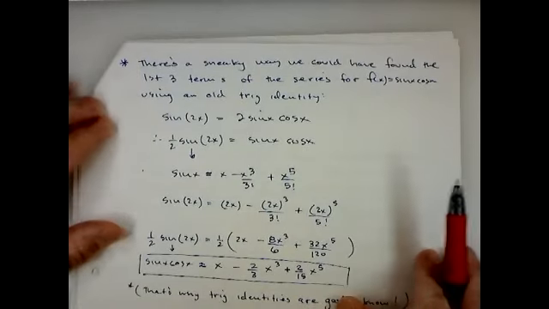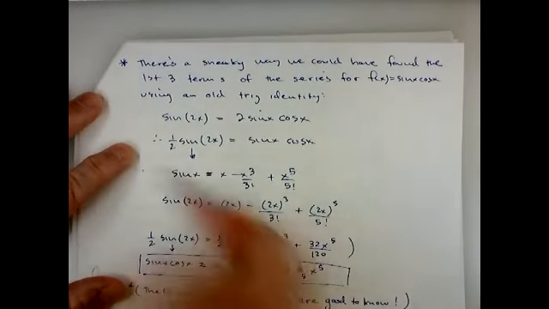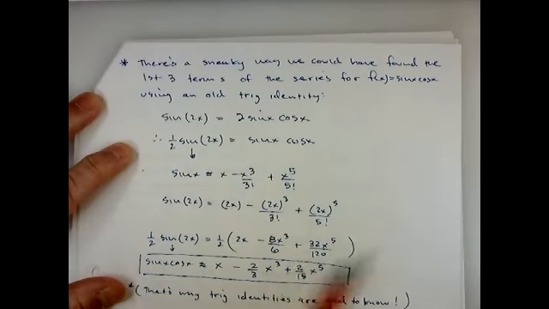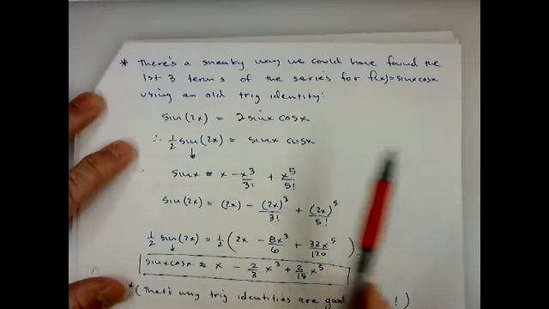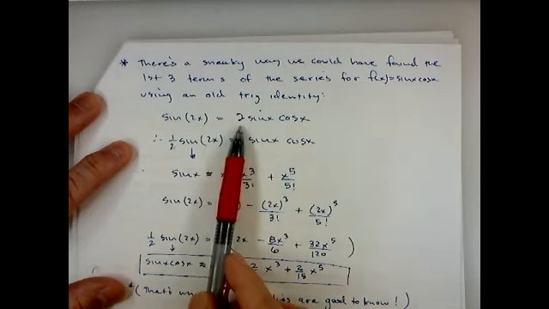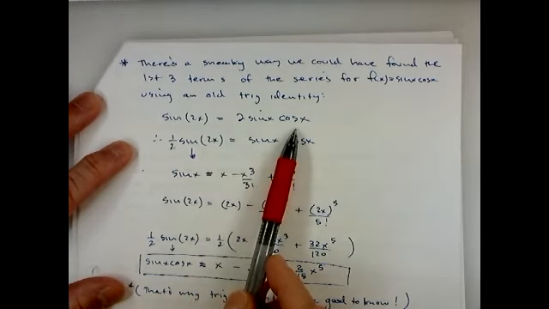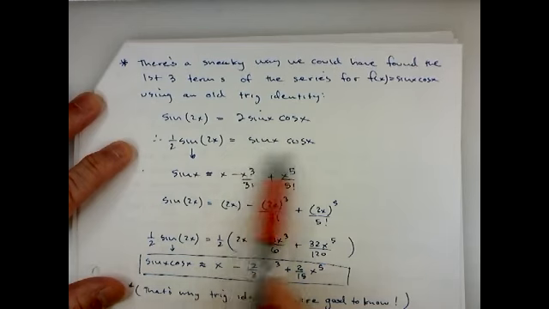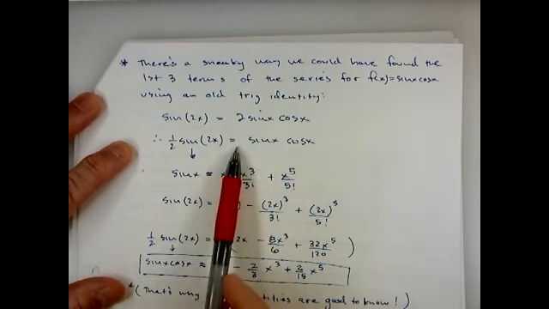Now, there's also a kind of a clever, sneaky way you could have found that same first three terms, and that's by using a trig identity. Remember, the double angle identity for sine of 2x is 2 sine x cosine x, and we were looking for a series for sine x times cosine x. So if you divide that by 2,